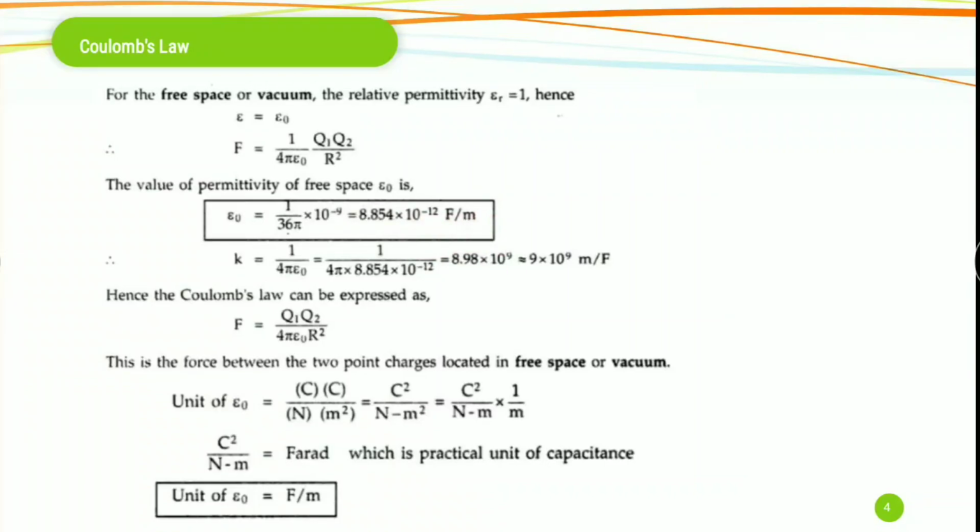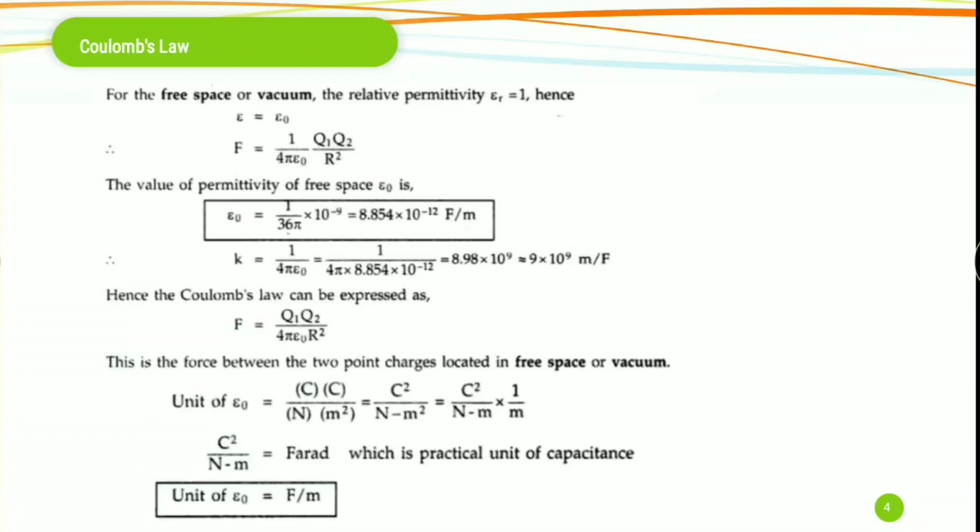So when you substitute these values in the K formula, K is 1 by 4 pi epsilon naught. That is equal to 1 by 4 pi into 8.854 into 10 power minus 12, which equals 9 into 10 power 9 meter per farad. So this is the final expression for Coulomb's law, that is F equal to Q1 Q2 by 4 pi epsilon naught